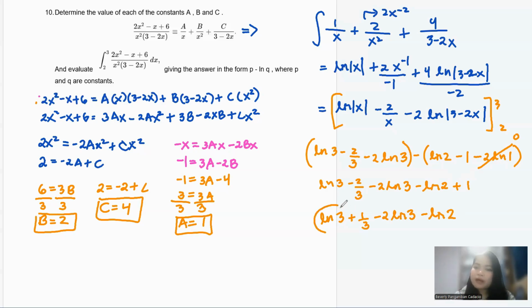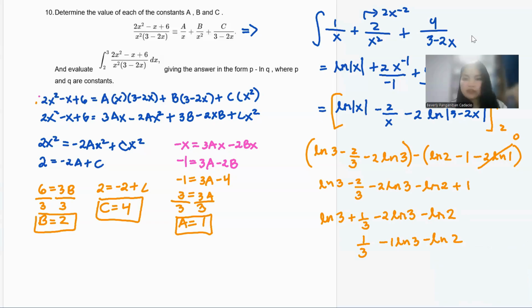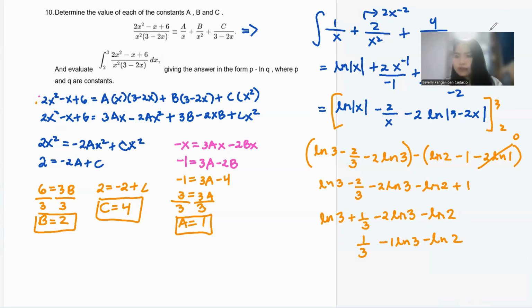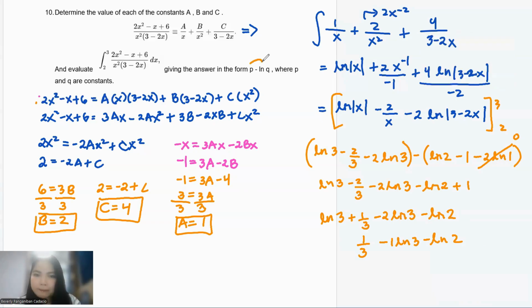Okay, can I just combine this one? Because you have both ln 3 there. So I can just say that it will be negative 1 ln 3, right? Okay, negative 1 ln 3. So 1/3 will be negative 1 ln 3 minus ln 2. Okay, and actually you can just factor it out because you know you have a format. Sorry, just put it here. Okay, you have a format here. P minus, your P is already the 1/3, and then you have minus.